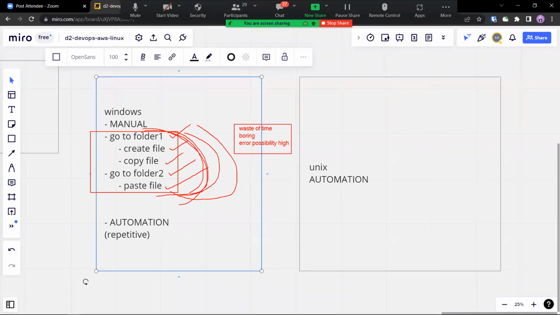So if these 3 are the problems, is there any way we can get rid of this thing? Can we save money, some time, or can you save some boredom? Can you reduce the errors? These are very important things. Which means anything manual and repetitive, we should avoid it. If it is not repetitive, should we avoid it? Let's say it's only one time. Should we avoid it? It's only one time, because by the time you learn how to manually do it, the task is already done.